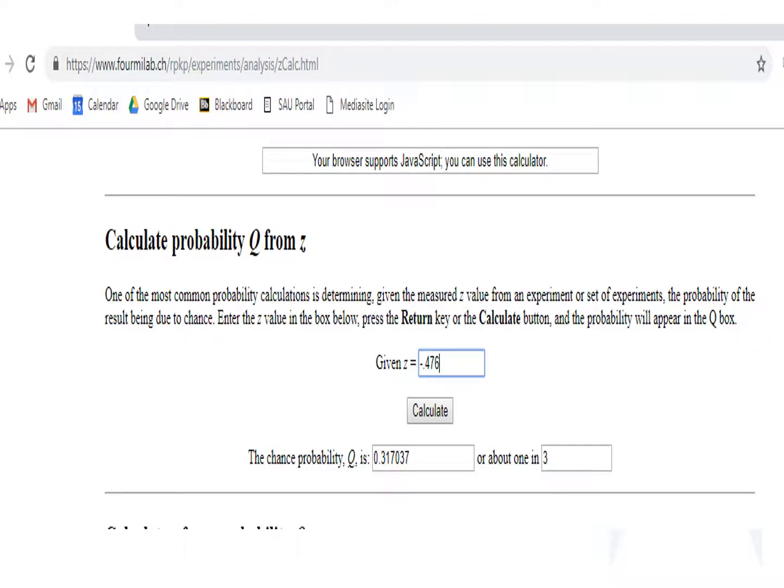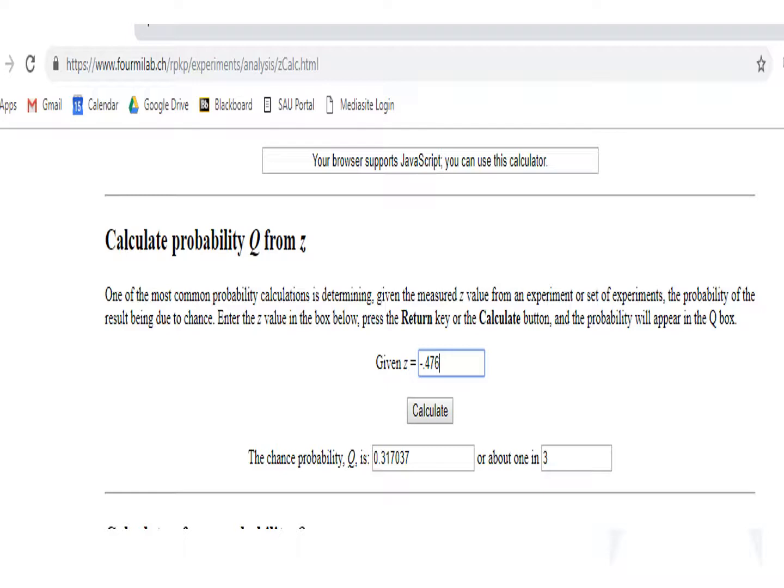Here is the online site that I gave the link for, and I'm giving the z number minus 0.476, and it comes up with a chance probability, they're calling it Q, of 0.317037. Now that is to the left of the z, so that's actually the probability related to your type 2 error. And your power is going to be the probability to the right of that,